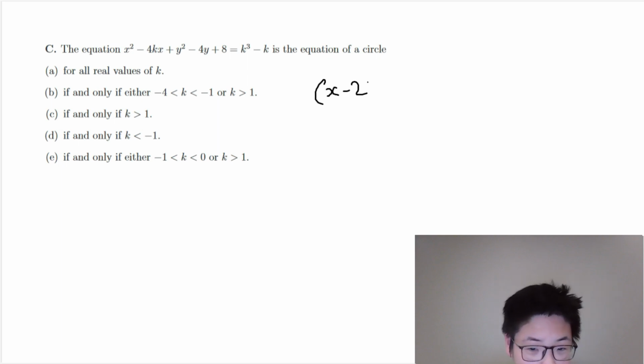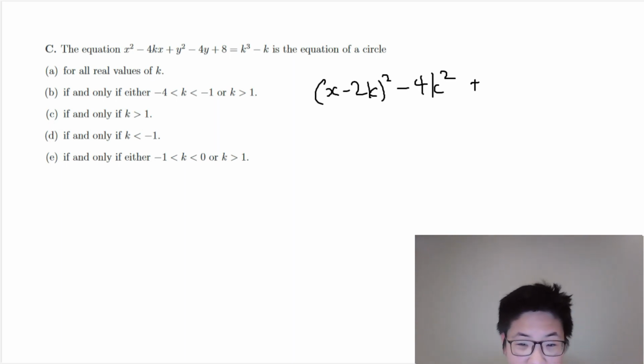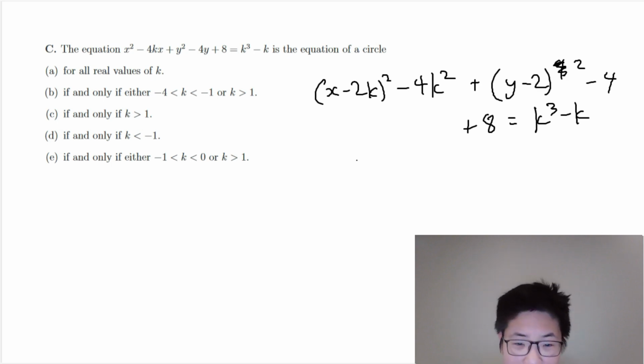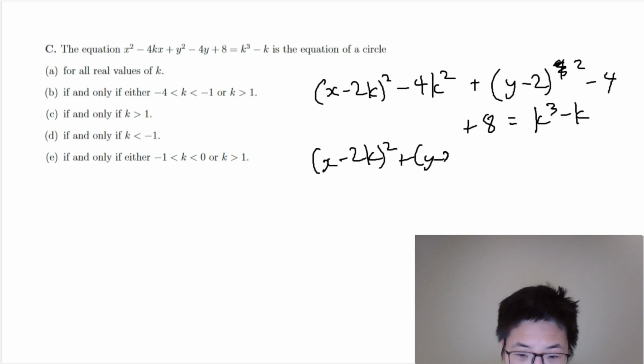So we have (x minus 2k) squared, because minus 4k divided by 2 is minus 2k. Then you have minus 4k squared. And then you complete the square for y, doing the same. Add 8 equals k cubed minus k. If you add all this up, then you have (x minus 2k) squared plus (y minus 2) squared,